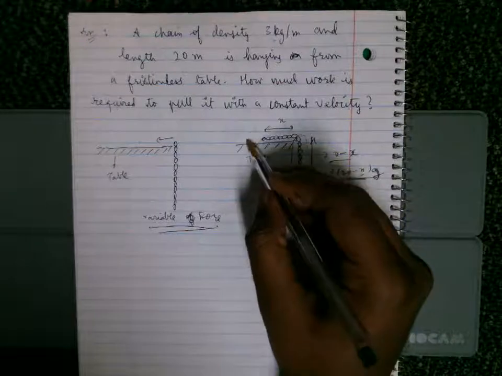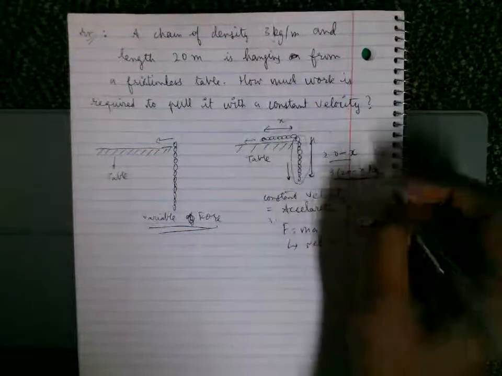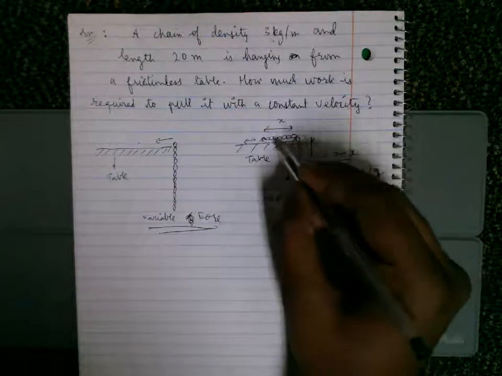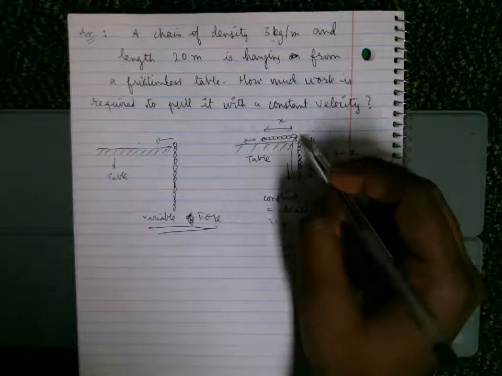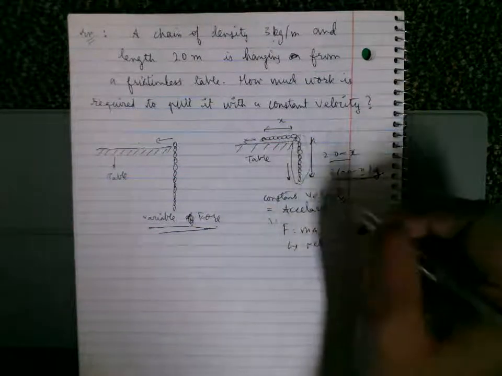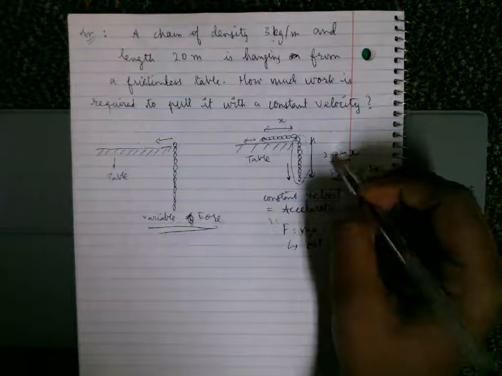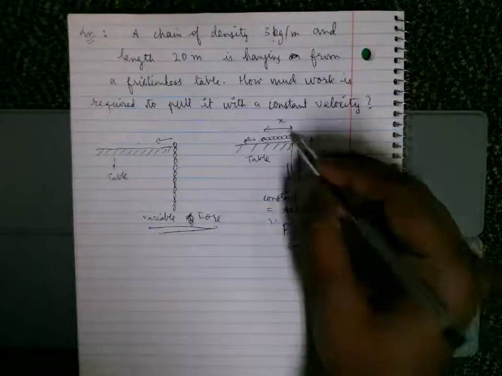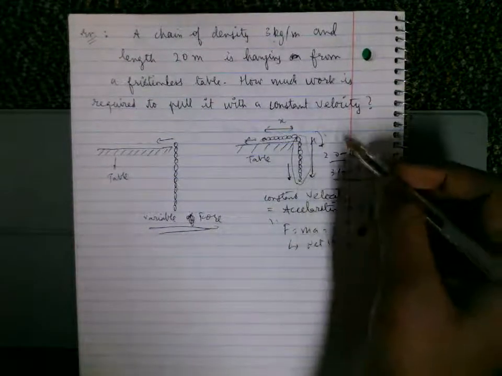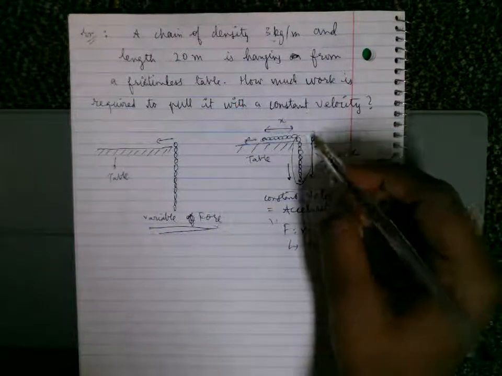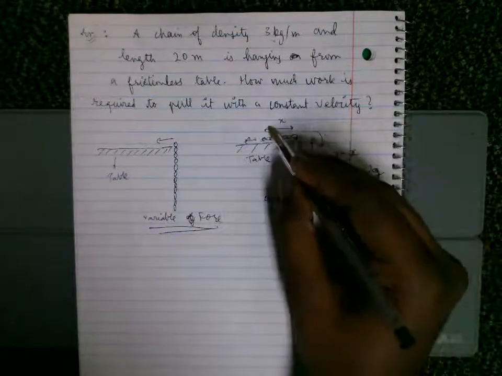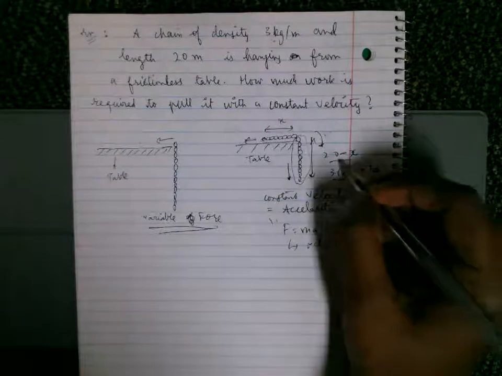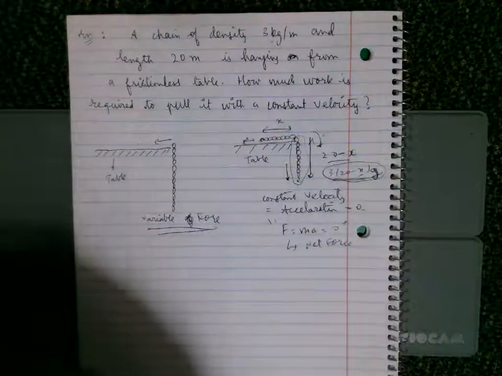Whoever is pulling, let's say I am pulling this chain, I have to apply an equal force while pulling, so that this chain goes with constant velocity. If I pull it with a greater force, there will be some net force and there will be an acceleration, so the velocity won't remain constant. And if I pull with slightly lesser force, this will start hanging down, so there will still be an acceleration. So if x length has been pulled out of the chain, then the force should be equal to 3 times 20 minus x into g.